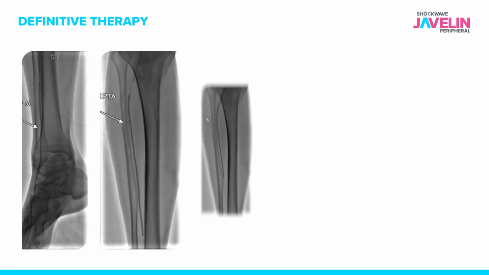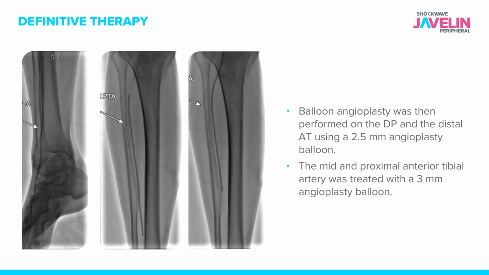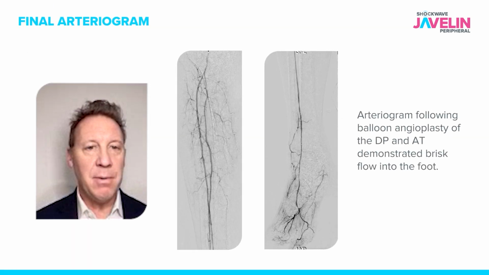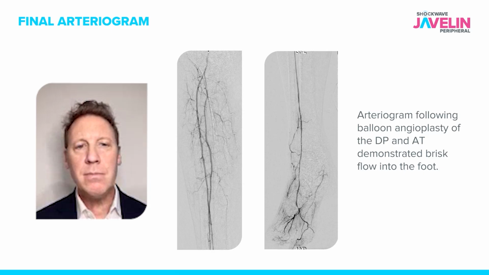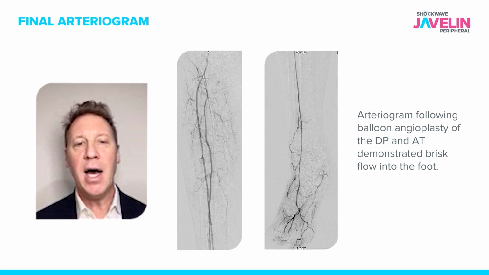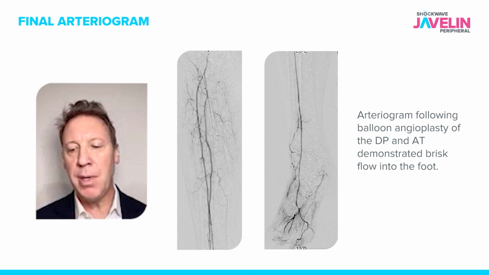We then followed this with a 2.5mm angioplasty balloon on the dorsalis pedis artery and distal anterior tibial artery and treated the proximal and mid segments of the anterior tibial artery with a 3mm angioplasty balloon. The completion arteriogram following definitive therapy with angioplasty demonstrated a widely patent anterior tibial artery with brisk flow and now clear flow into the foot through the patent dorsalis pedis artery and significantly improved flow compared to what we were